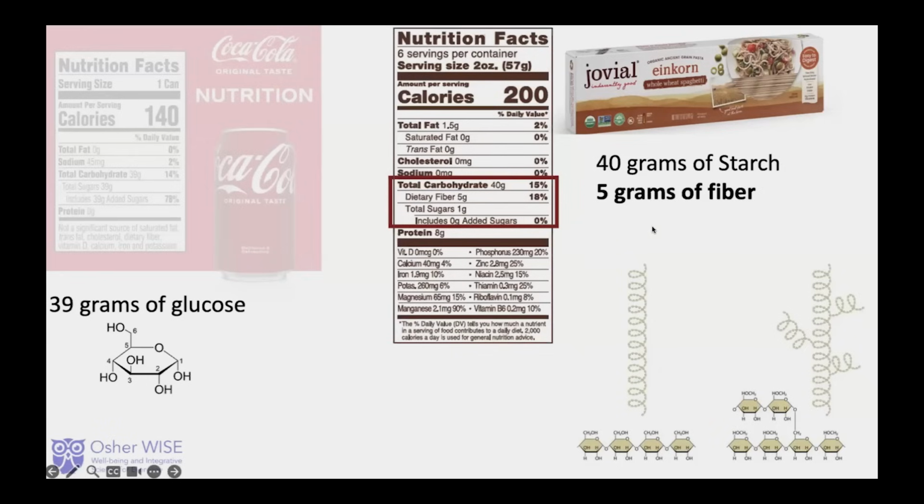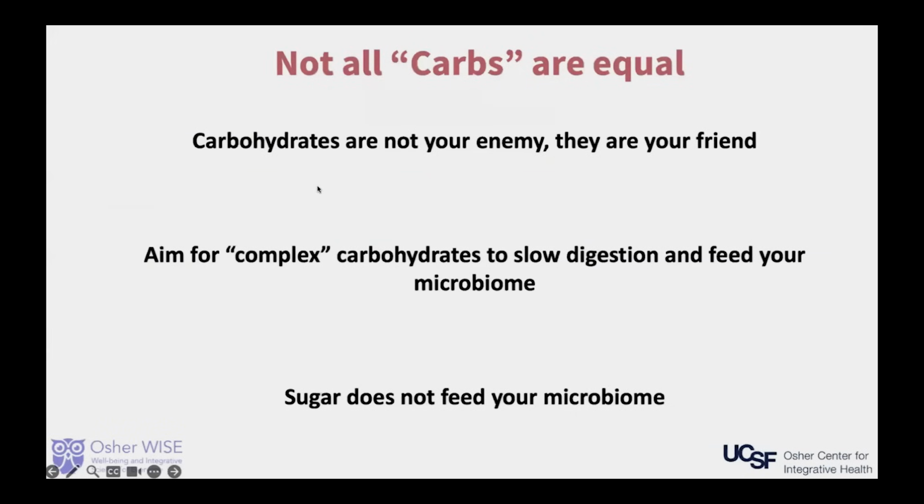And this is the importance of eating whole foods and foods that have fiber in them. So I want to convey that carbohydrates are not your enemy. They're actually your friend, and they're your microbiome's friend. And most of the carbohydrates that exist at the grocery store or at restaurants are in the form of simple